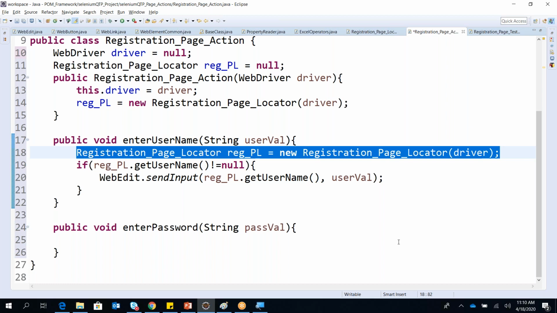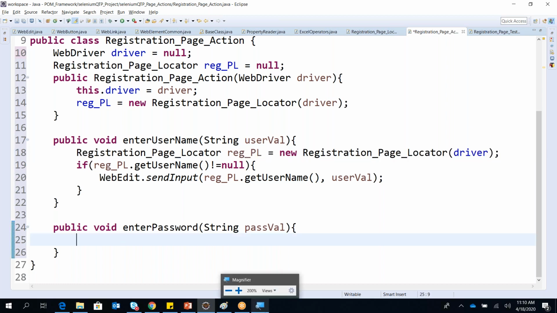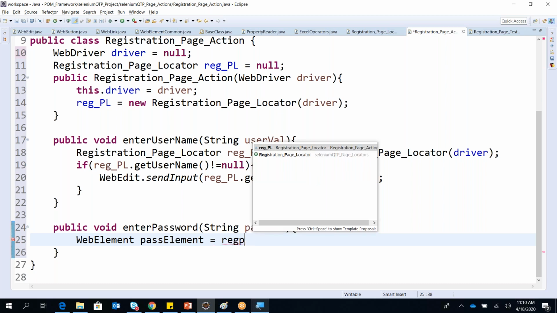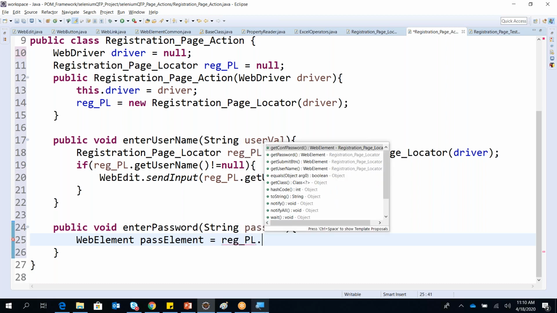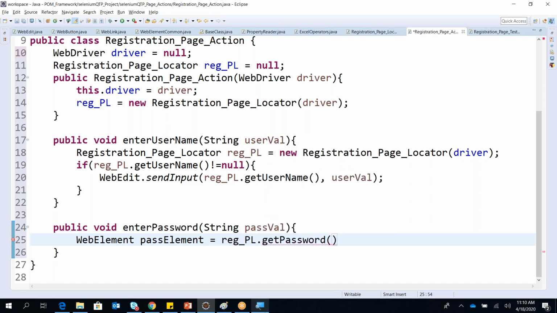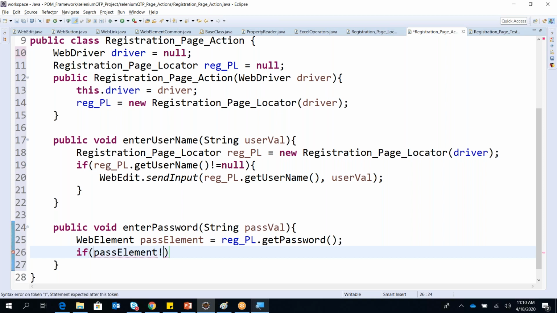This line is not required this time. So what we will do, we will do WebElement passwordElement equals registerPageLocator.getPassword. It will return you the element, and then I can check whether this password element is not equals